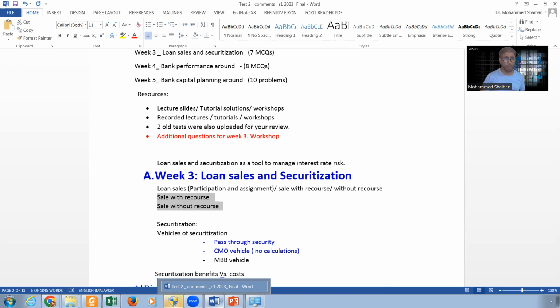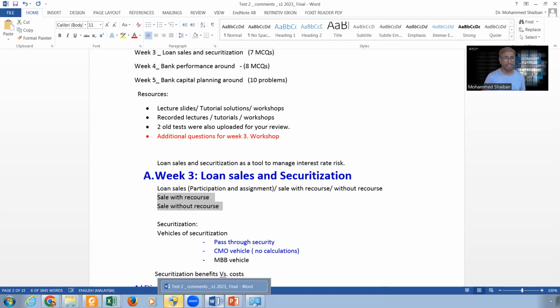Remember, when we talk about selling with recourse or without recourse in the loan sales, we are talking from the perspective of the bank as a seller. Now, a buyer can be another bank or another party who's interested in collecting later on. So the bank needs to sell with a higher price and, of course, low return if they can.